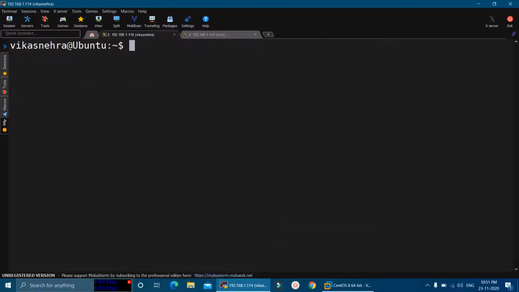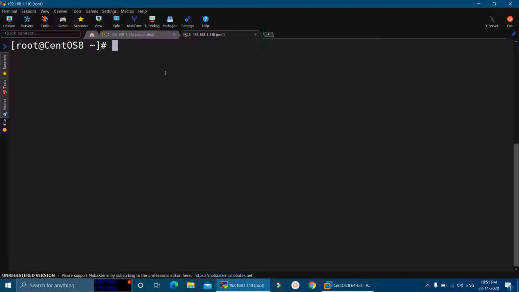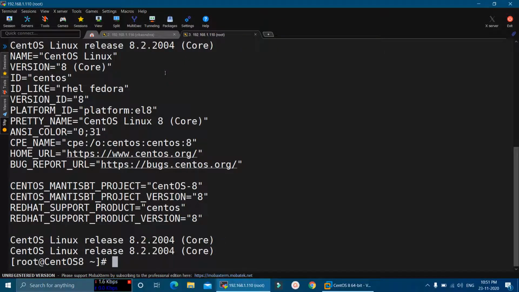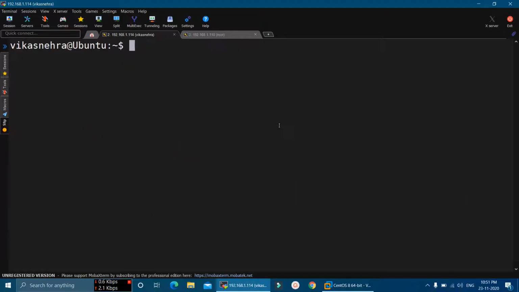For this tutorial, we have two different machines. The first machine is running on Ubuntu 20.04, which is based on Debian, where we use .deb packages. And the second machine is running on CentOS 8, which is based on Fedora, and there we use .rpm packages. So first we will go to our first machine that is running on Ubuntu 20,